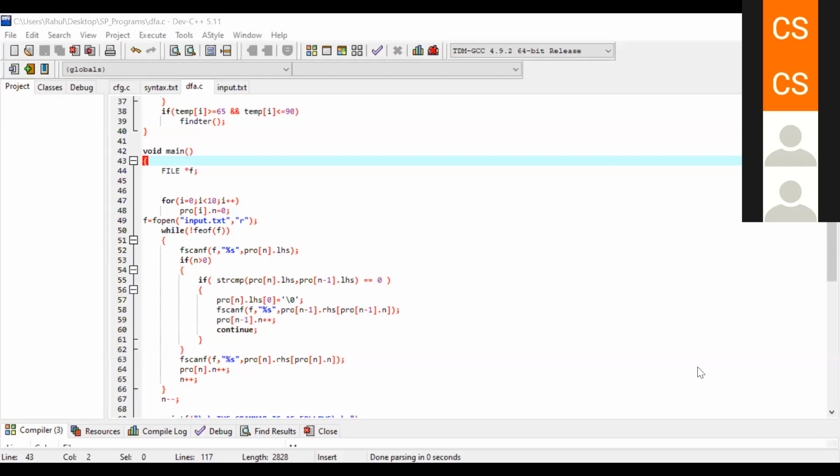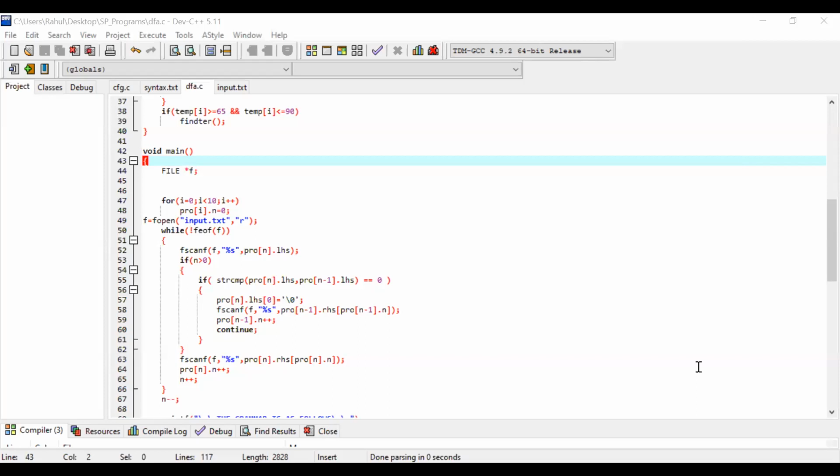Is there any range problem? I am unable to see your screen. Okay, ma'am, fine. It is visible. Yes, it is visible.